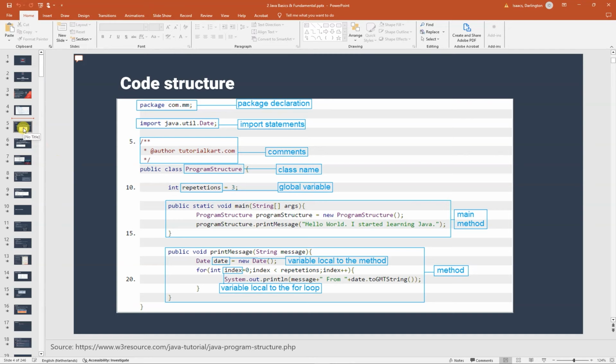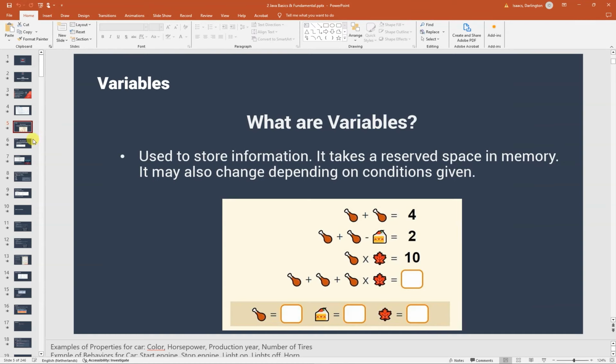This is something you probably need to see often and analyze, and you get used to it, right? So we're going to try it out. You actually make mistakes when you start typing your own code, but as often as we do it, you're going to get used to it. Now we're going to go to the next